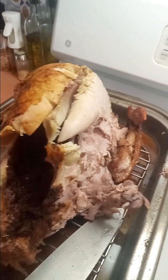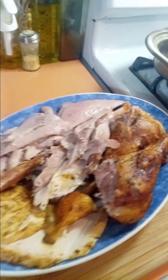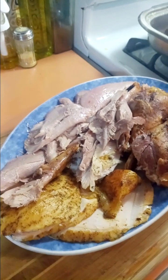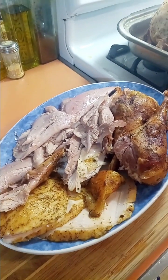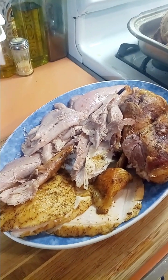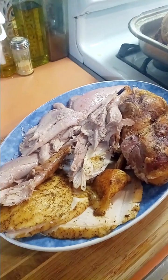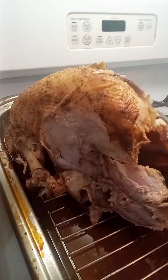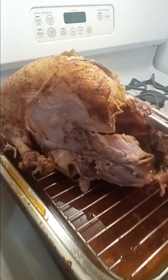So it is dinner time and I just carved up some of this turkey. I pretty much carved up half of it. And I have the 2 drumsticks, some white meat and some dark meat on a platter. And that's it. This is going to be enough for dinner, and we're not even going to eat this whole tray, which means we have this whole entire turkey that I am going to debone, shred all the meat, and